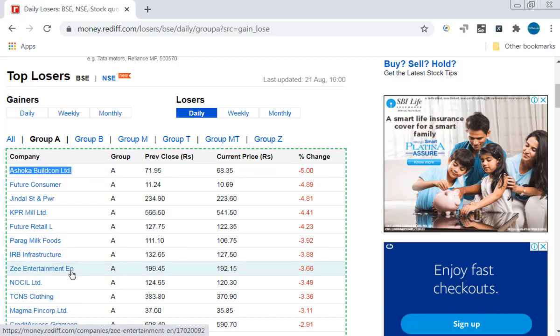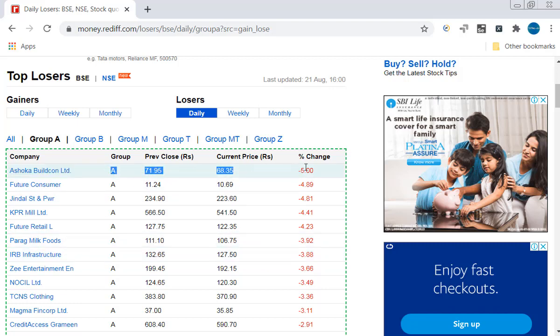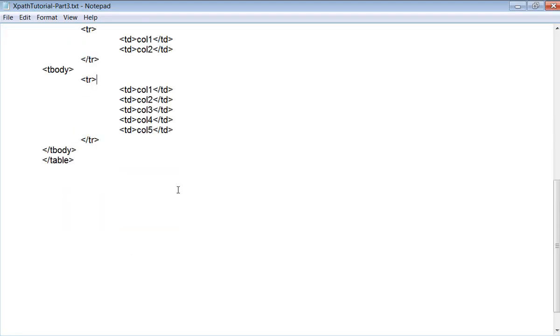After identifying the row where the company name is located without depending on the index, we will focus on identifying these values. So what are we going to do now? First point, we do not depend on the table row index.